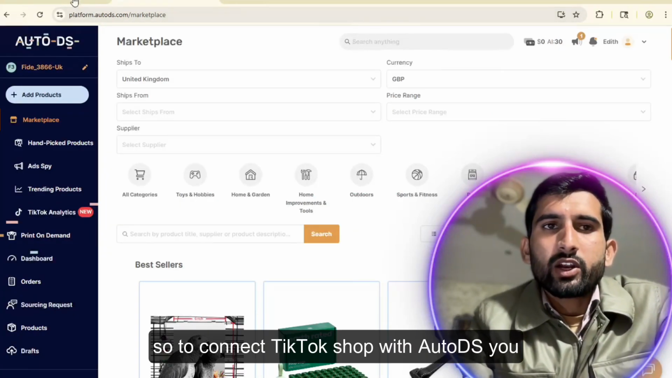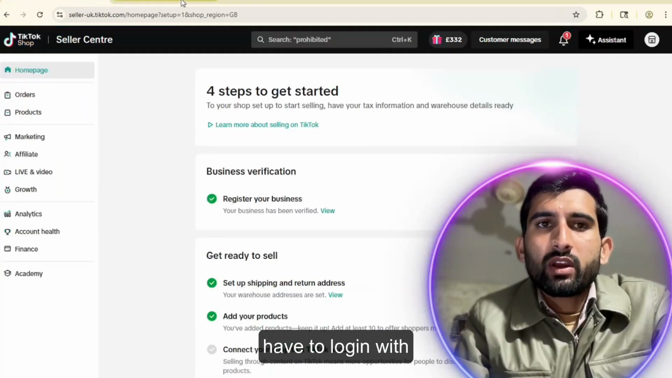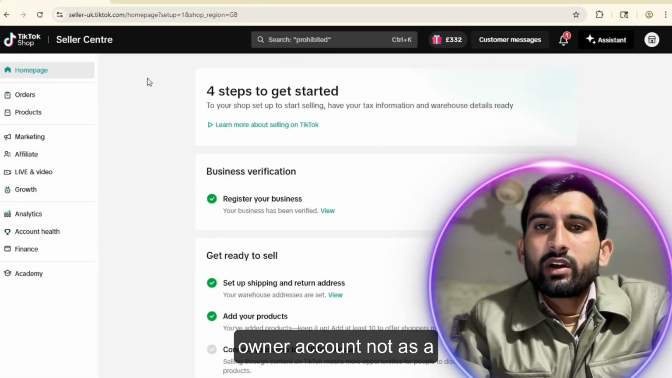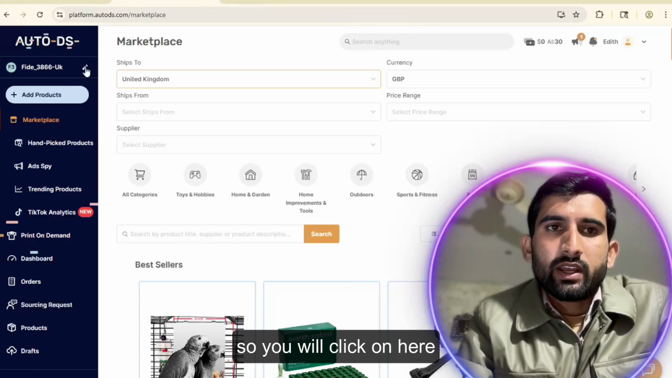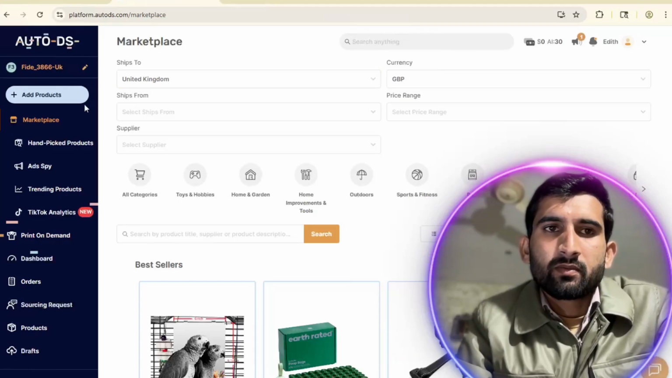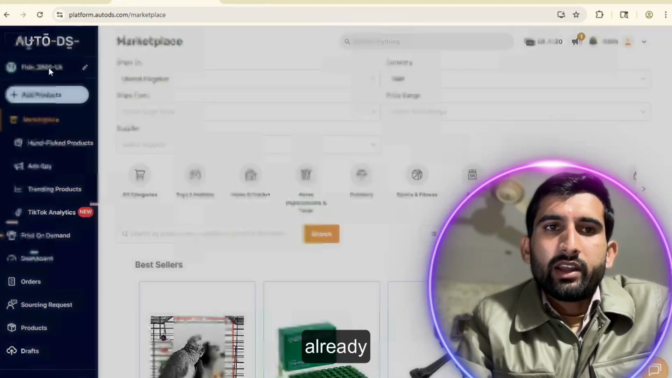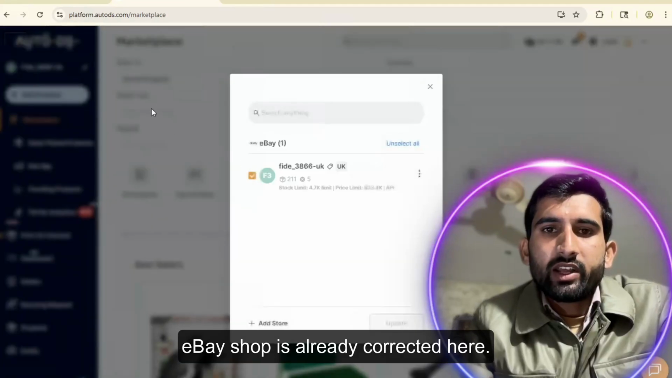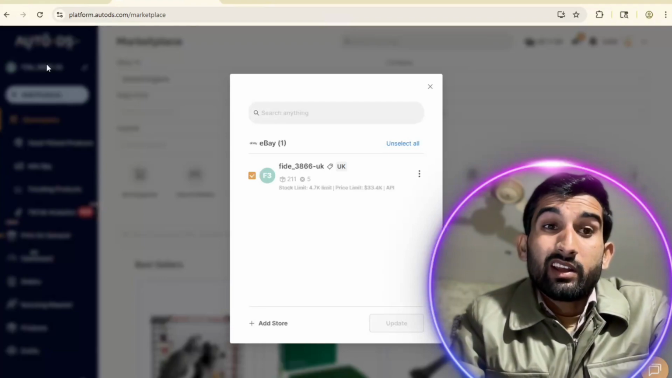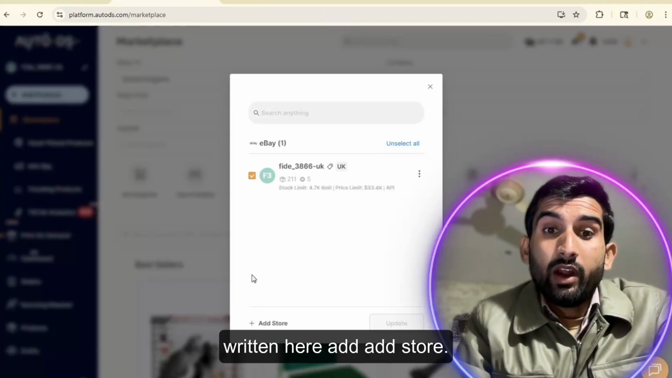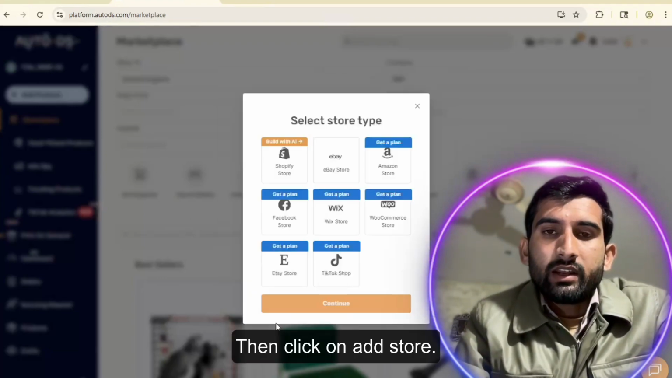So to connect TikTok Shop with AutoDS, you have to log in with the owner account, not as a child account. Okay, so you will click on here. My eBay shop is already connected here. If you are new, then it will show "Add store" written here. Then click on Add store,